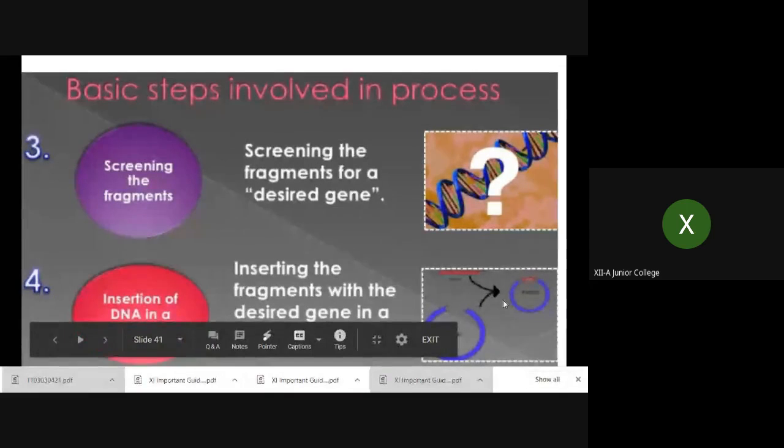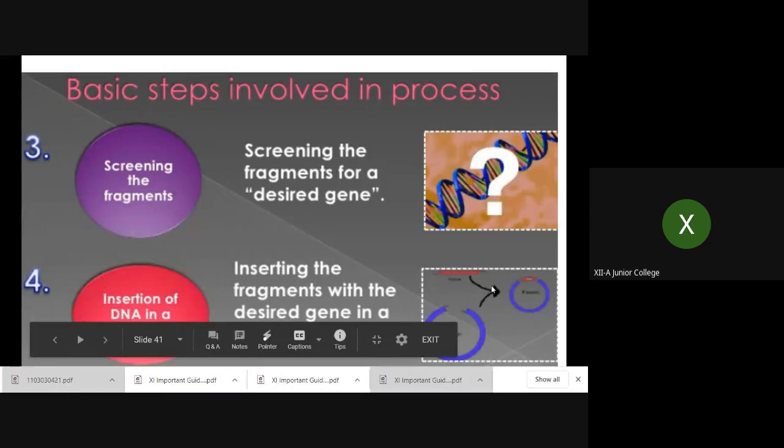See, this is the plasmid and this is the gene of interest. Now it is inserted, and how does it look now? This is the plasmid and this is the gene of interest. The cut is given to the plasmid. These are the single stranded structures with sticky ends, right? These are the sticky ends. So exactly this gene of interest can fit in the region where the plasmid is also given a cut with the help of restriction endonuclease enzymes.